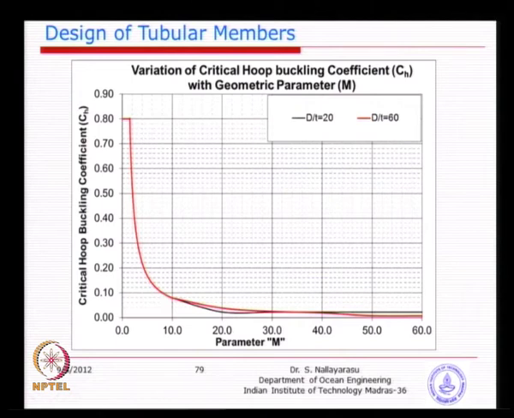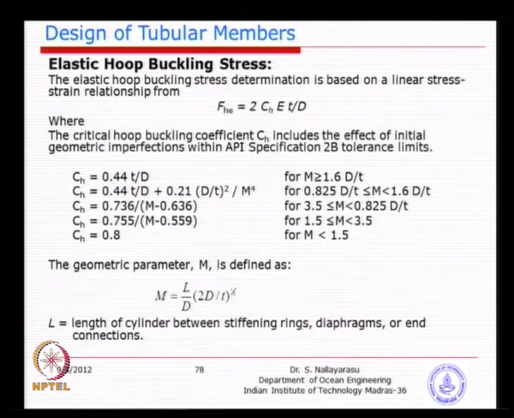So, you can see length to diameter, if you keep it smaller, then you have a larger buckling coefficient. After that it becomes almost less than 5%, which means local buckling is going to govern the design. We should never ever do that. The idea is, first you calculate the L by D ratio, where length is the length of the member.